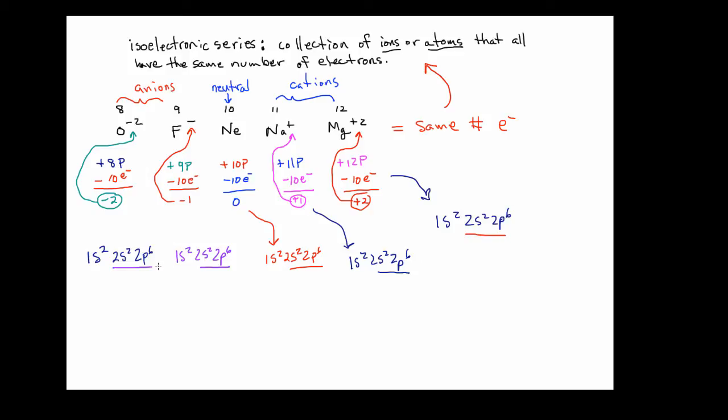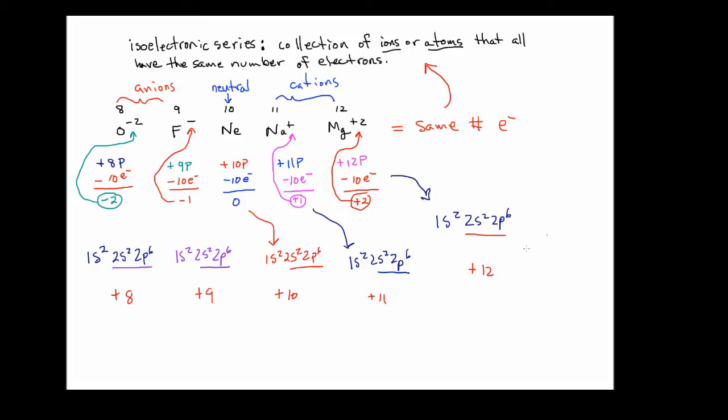Now let's take a look at the nuclear charge. In the case of oxygen, it's plus 8. In the case of fluorine, it's plus 9. In the case of neon, it's plus 10. In the case of sodium, it's plus 11. And in the case of magnesium, it's plus 12. So as we go left to right from the beginning of my isoelectronic series to magnesium, you can see that the nuclear charge